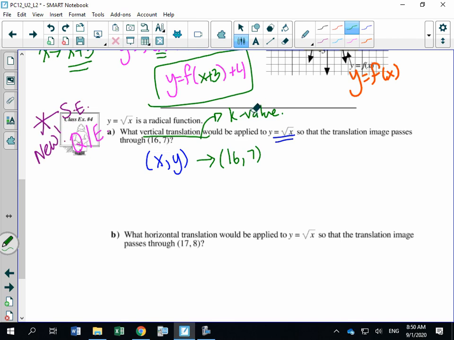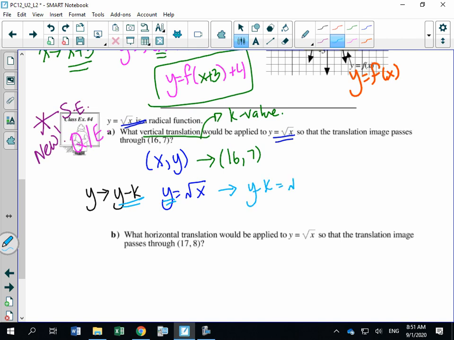Okay, so the thing is, if we're doing a k value, that's a y replacement. So I want you to write down y is going to be replaced with y minus k. So take your original function, which is y is equal to the square root of x, and then you say, okay, they want us to find out the k value. So what we're going to replace is y with y minus k